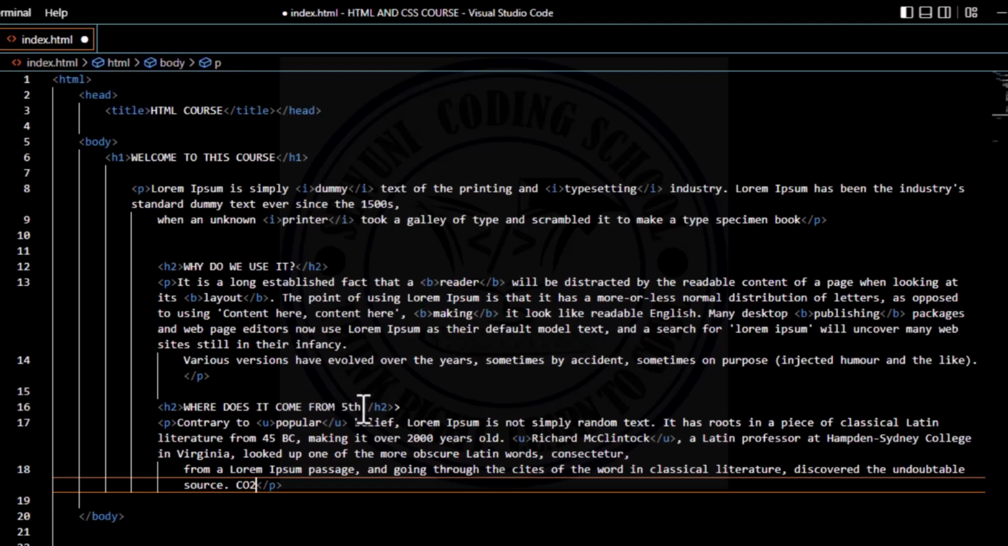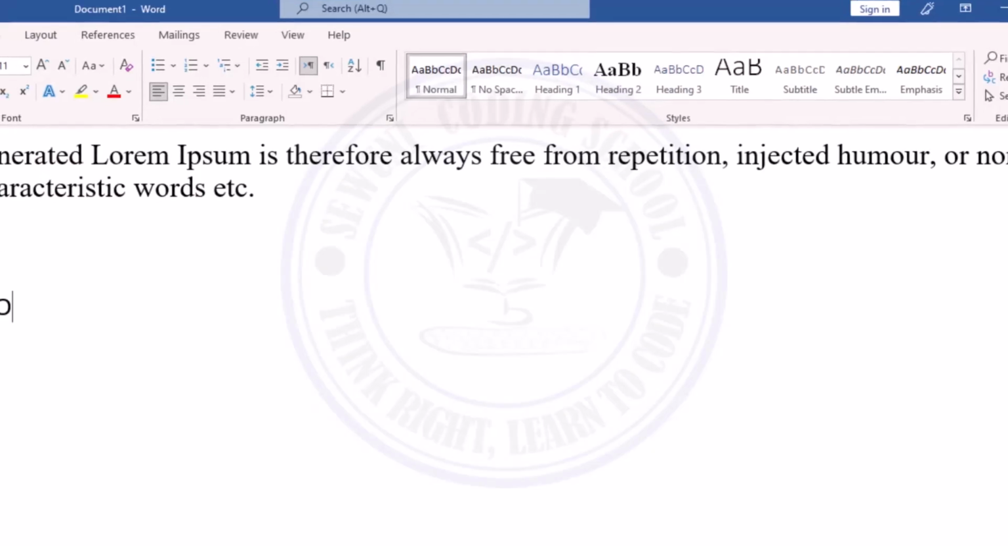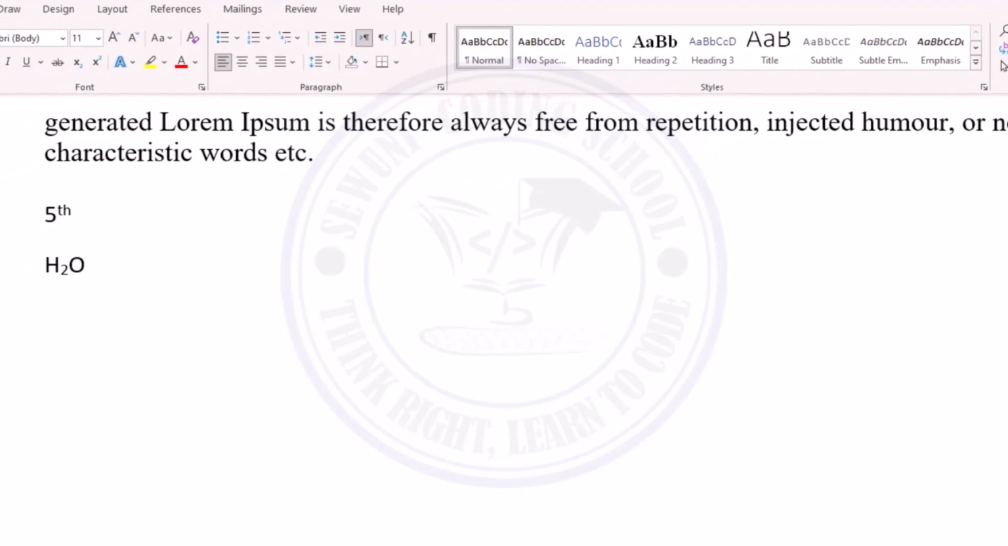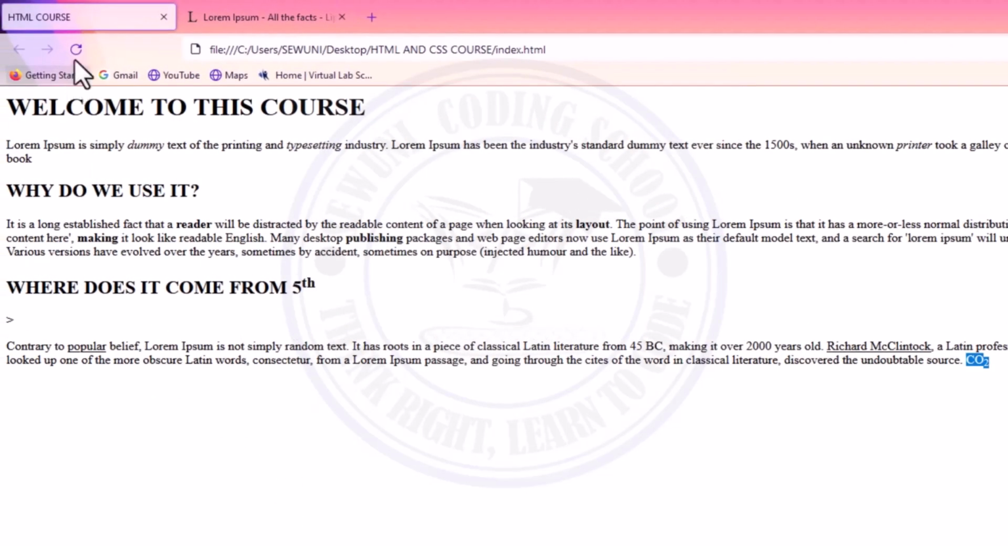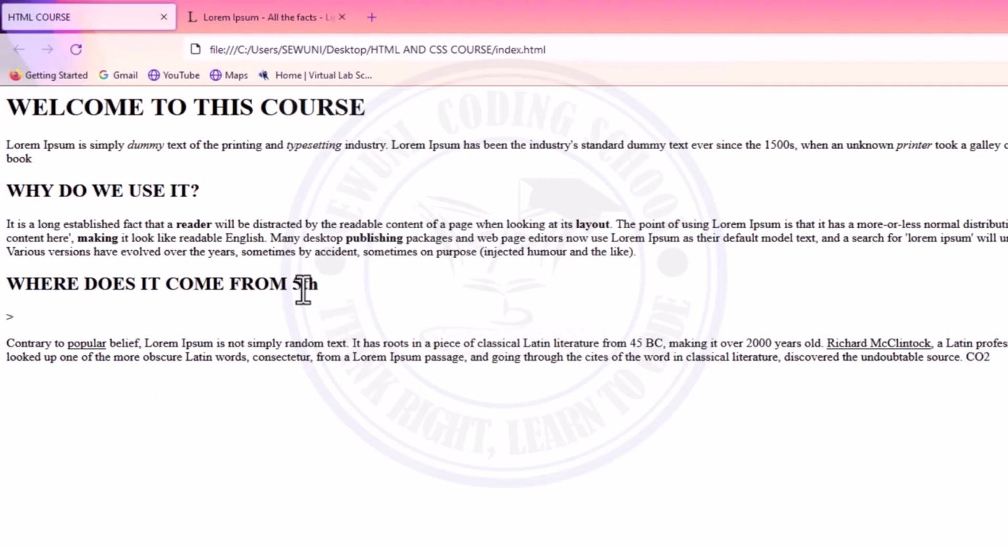So let me save this without bringing it below and above the normal text line. Let me just refresh my browser. What you see is 5TH on the same line. None of them is above the text line. The chemical representation of carbon dioxide, CO2. So if you want any of them to appear below the normal text line, what you have